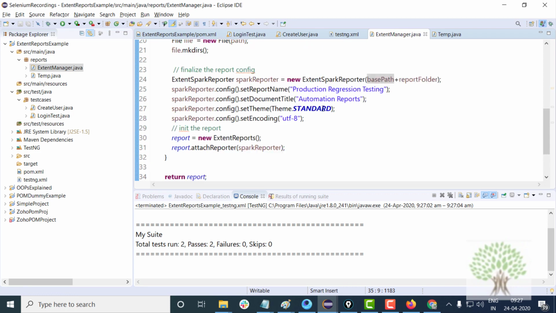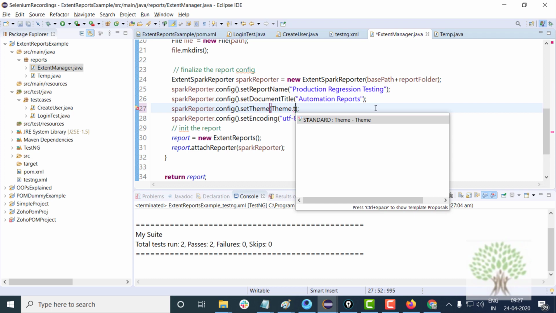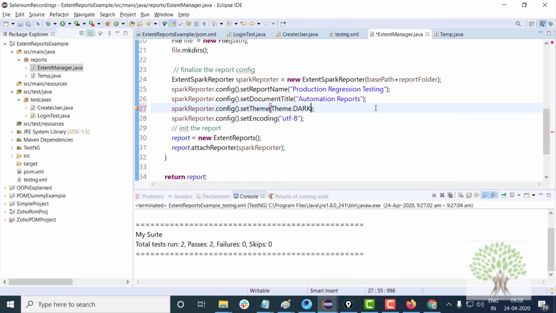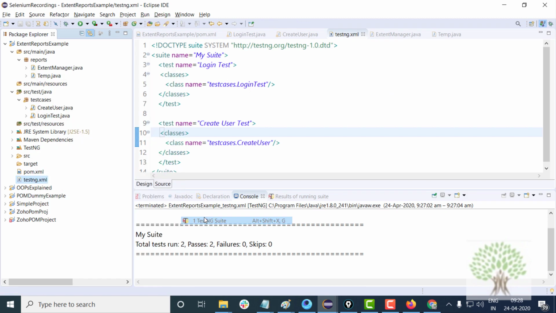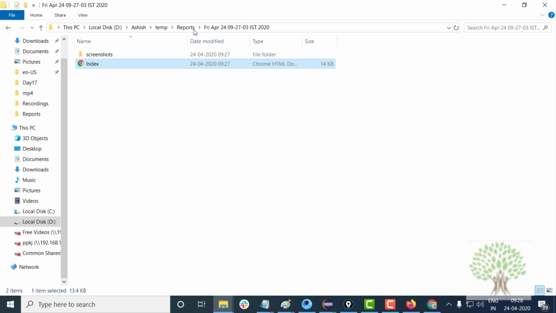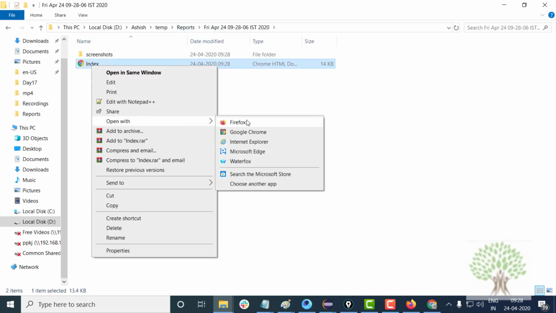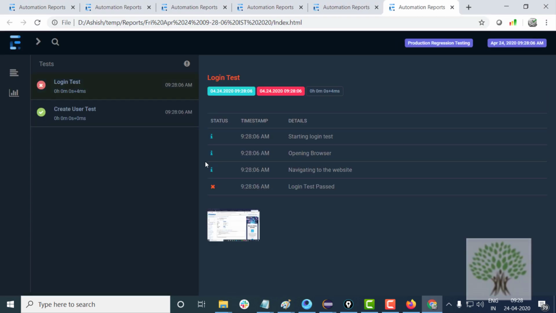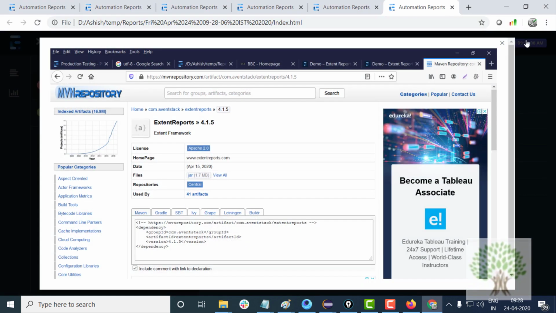Tomorrow if they say, fine, change the theme to dark theme, you just have to change it over here and run the project again. The new reports will be in a different theme, or if you want to change the title of the report or something, it's just one location from which you can change all the configurations, right?